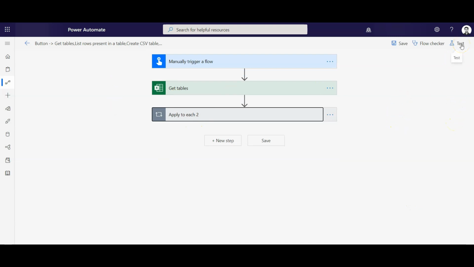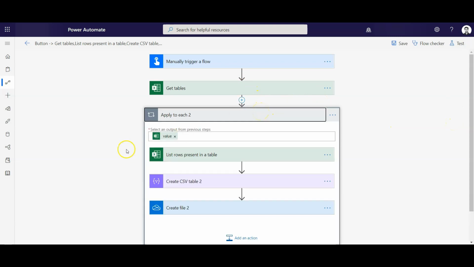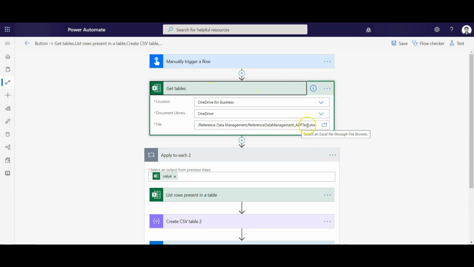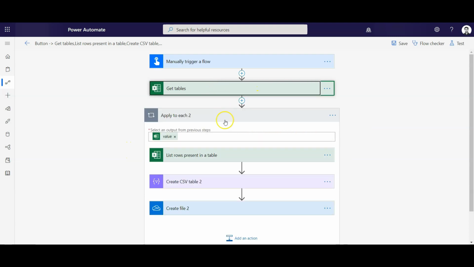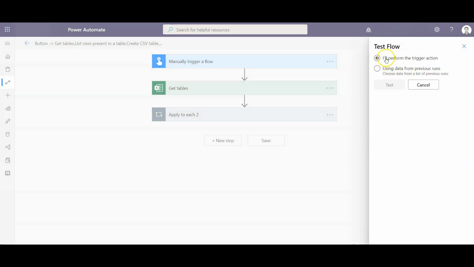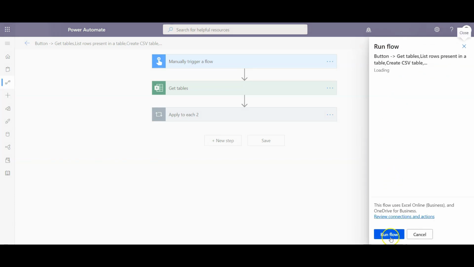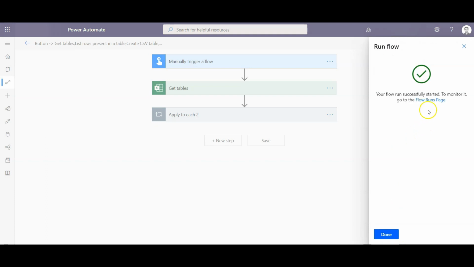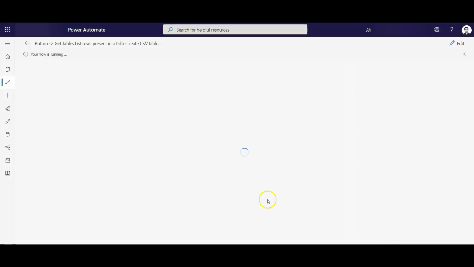Now if I click on test, I should be able to see a CSV file out of this ADF test Excel file, created in that particular folder. So I can test the data by clicking the test and then clicking run the flow, done.